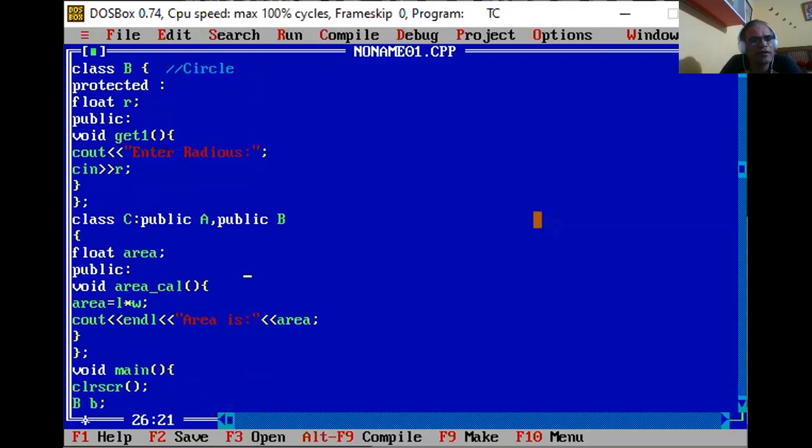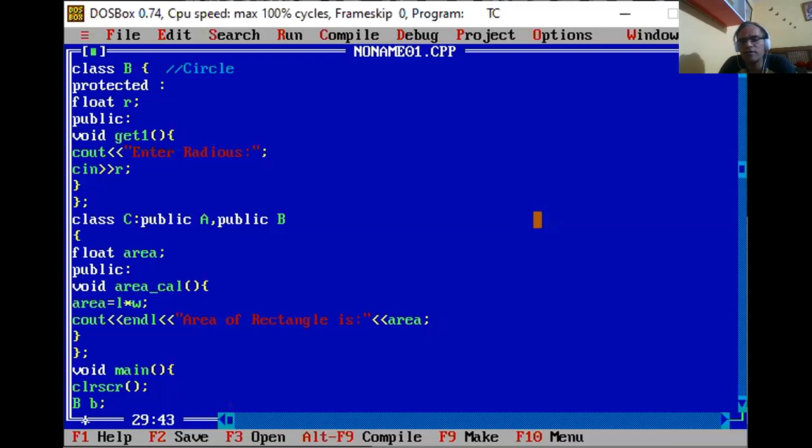In class C, first we write our class C area, okay, and now we use one member function, area calculator. In this function you can calculate both areas. First we calculate the area of the rectangle, so we define the area of rectangle here.